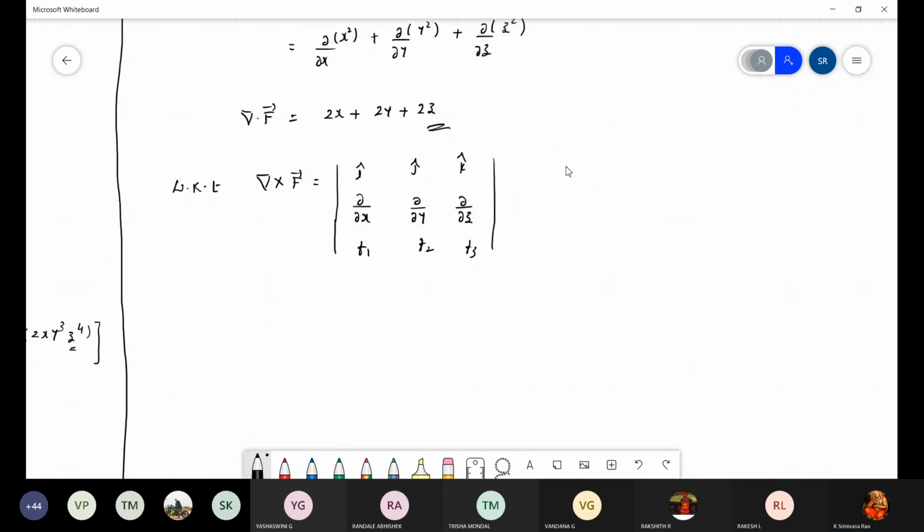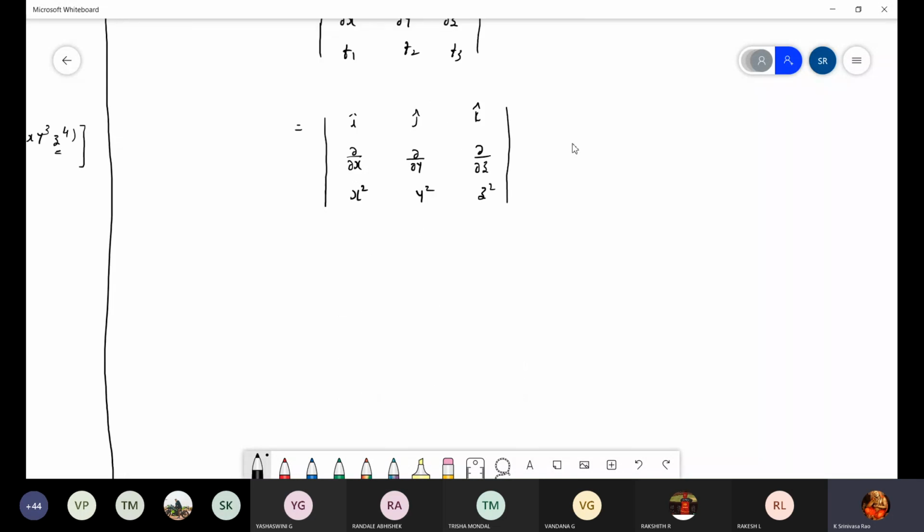So that gives i, j, k, dou by dou x, dou by dou y, dou by dou z. F1 is x square, then y square and z square. So simple terms here. Differentiate means simplify the 3 cross 3 determinant. So as usual, this is plus, minus and plus. So i cap into,